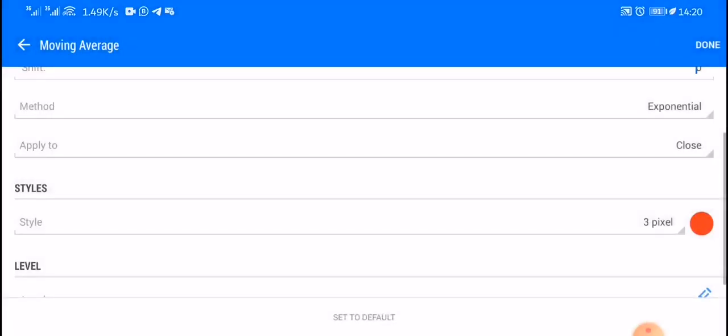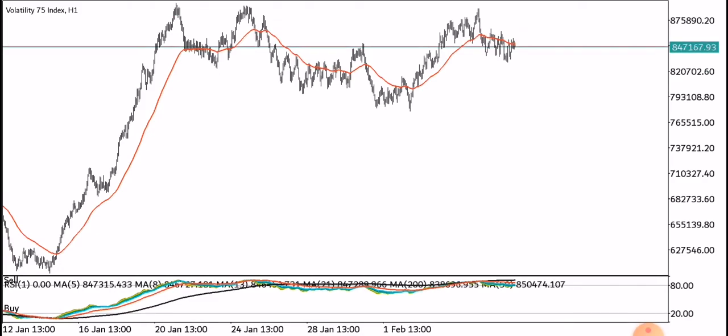I'm going to put a red. Done. Okay, now we can see it. Can you see it? Perfect. So we have